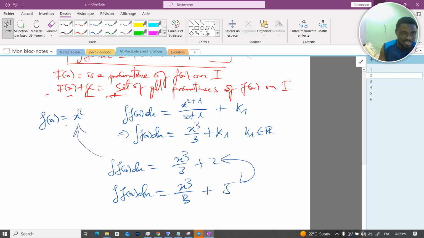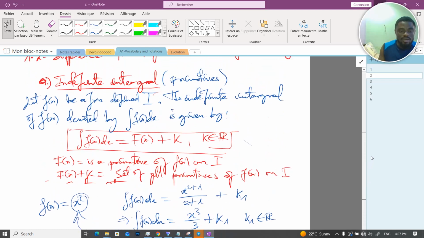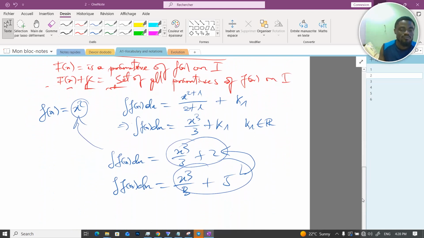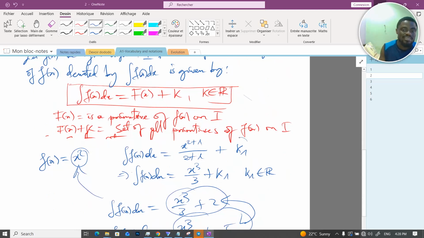They are all primitives of this, because if you differentiate this and differentiate this, you will still have this x squared. You understand? So that's why